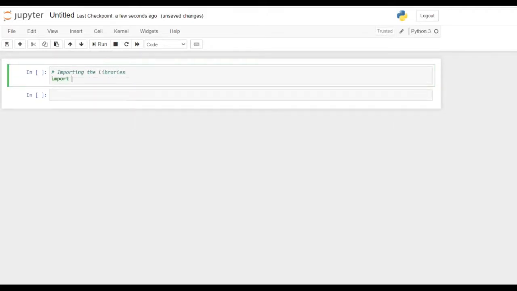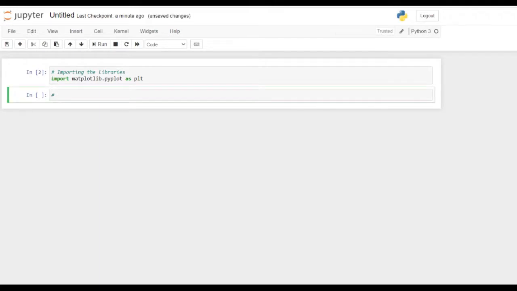Now I just need matplotlib, so I'll import matplotlib.pyplot as plt. As plt means that I'll not have to write matplotlib.pyplot every time. I could later refer to it as plt. I would just write plt, and the program will understand that I'm referring to matplotlib.pyplot. Right. So I have it now.